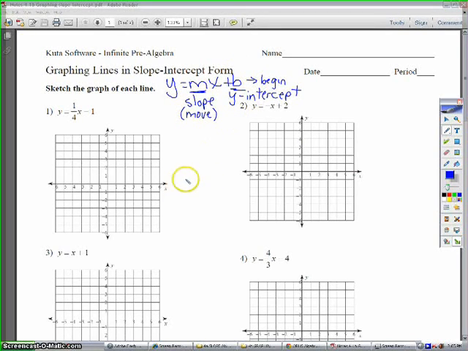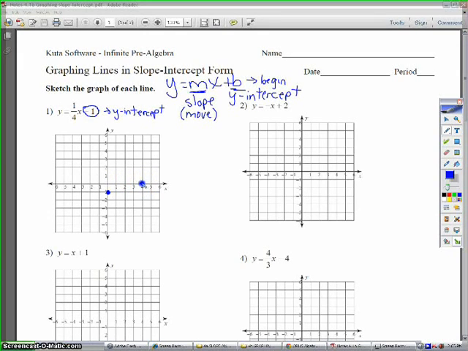on our y-intercept. So if I take the equation y equals 1/4 x minus 1, I'm going to begin at -1. That's my y-intercept. So I'm going to plot my first point on the y-intercept. So -1 is down here, and I'm going to plot my point. My slope is 1/4. That means I move up 1 and to the right 4. So that's my move. So I'm going to move up 1 and to the right 4, and I'm going to